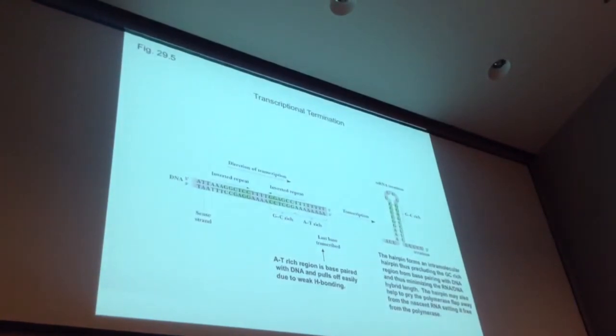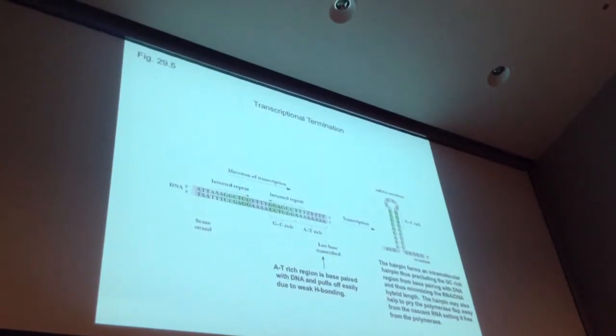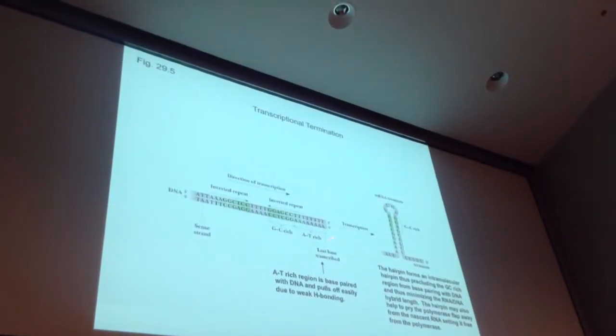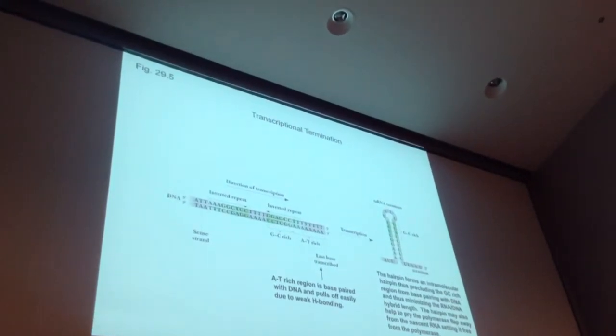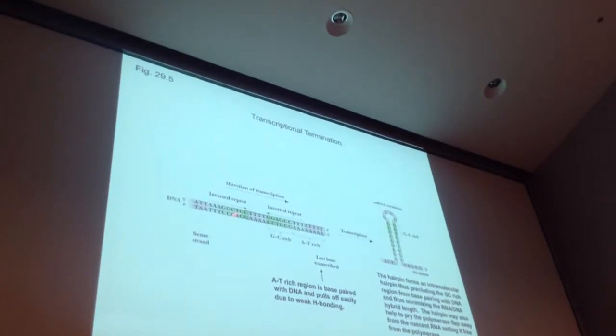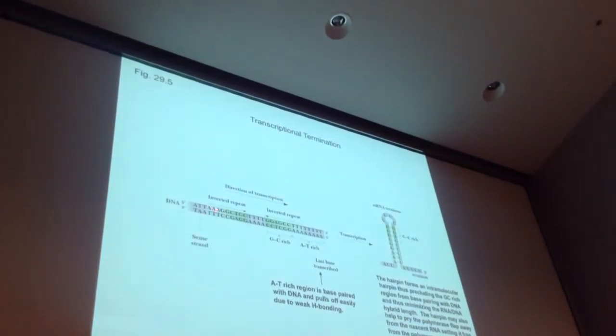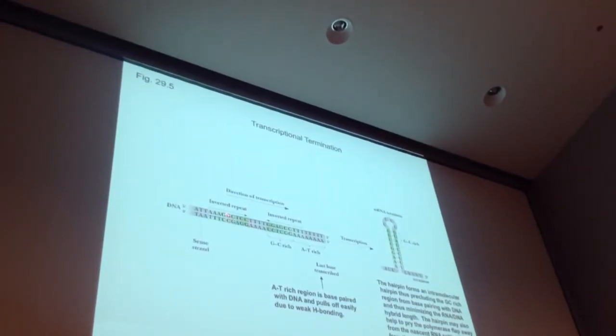Rho-independent transcription termination in bacterial cells is dependent on a sequence, the termination sequence, that occurs at the end of the transcription cycle. If you look at this termination sequence, what you see is a repeat region, an inverted repeat region, right? CCT, CGA, CCT,